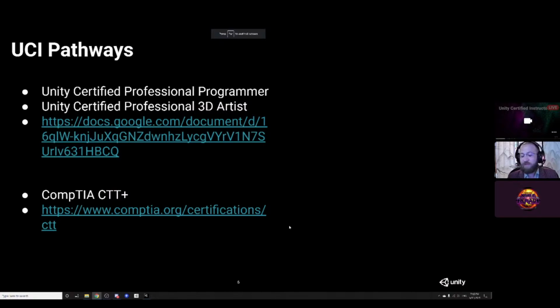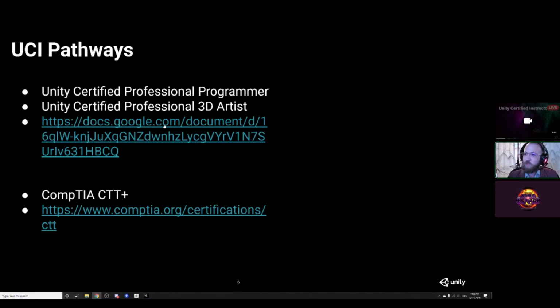Yeah. So those are some of the ways that you can work in this role as a UCI, but how do you become a Unity certified instructor? So there's 2 different requirements that you have to meet. The first is that you have one of the 2 Unity certified professional certifications. You can either be a programmer or an artist, and depending on which certification you get will depend on what type of courses you teach, because I have the professional programmer, I teach programming stuff. If you're an artist, then you can go for the 3 artists, and you can teach art things.